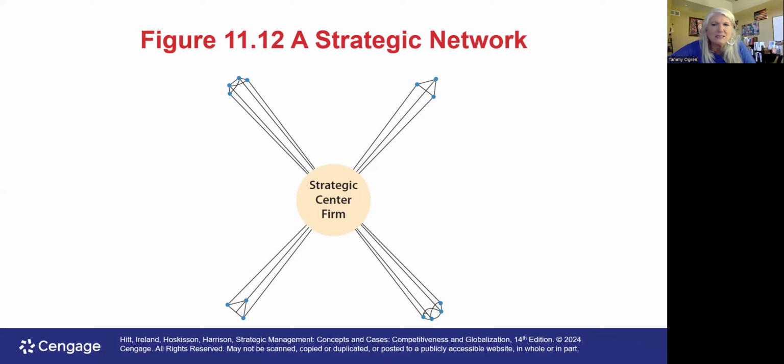It must make sure that incentives for participating in the network are aligned for the network firms to continue to have a reason to want to stay connected, and it's concerned with various aspects of organizational structures. It manages what are often complex cooperative interactions among network partners. The strategic center firm engages in 4 primary tasks: strategic outsourcing, competencies, technology, and the race to learn. So it provides these 4 areas of strength for all of the network memberships, basically.